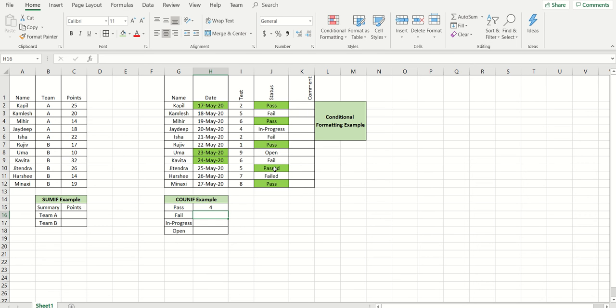So if we want to make it count, what I need to do is press star over here, and it will give the result. Now whatever text comes after that will be ignored, and I'm able to see that it is also being counted. Same thing, if I want to do it for the failed one and open, I can do that.